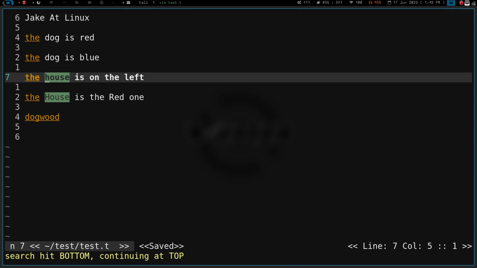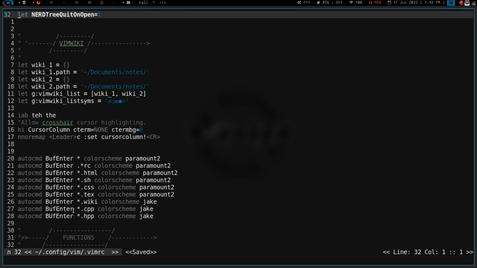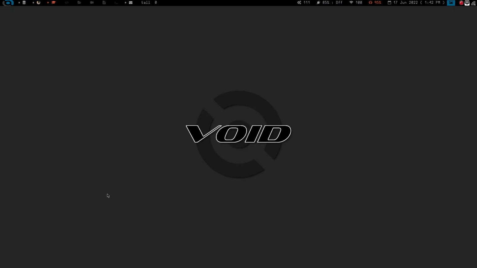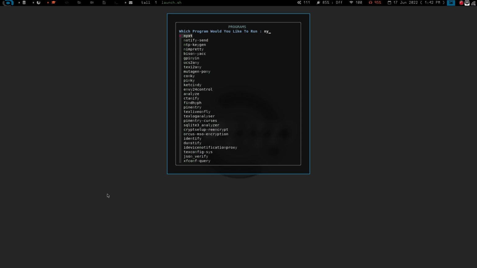Now, the plugin I found recently that I have been kind of playing around with and using is actually really cool. And if we go here to my other workspace and we jump down to my plugins, you can see I only have a few of them. Right here, this plugin called CtrlSF is pretty flippin' amazing. So let's go ahead and go to a new workspace here, and let's go ahead and open a browser,